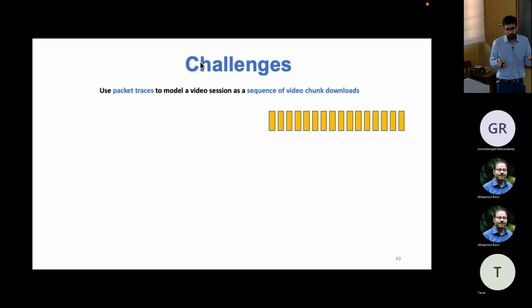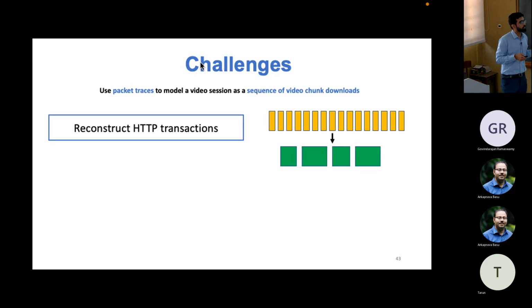The first thing is, these chunk downloads are essentially HTTP transactions, right? So the first challenge is you need to reconstruct HTTP transactions from packet traces, because we needed to track these chunk downloads. So once you do that,